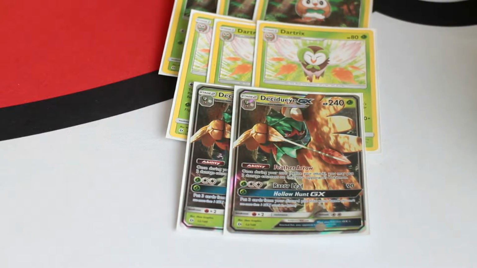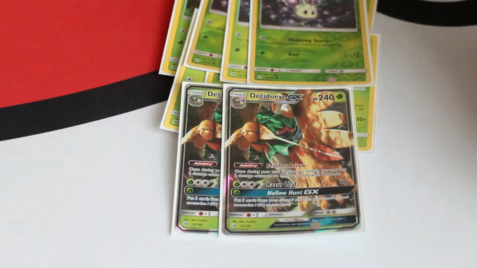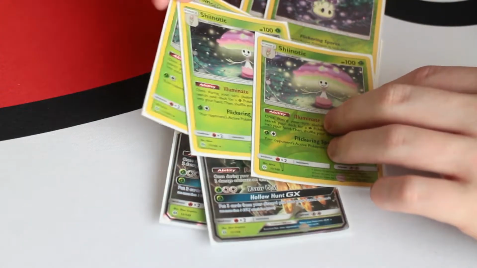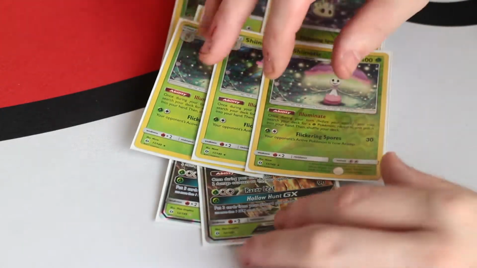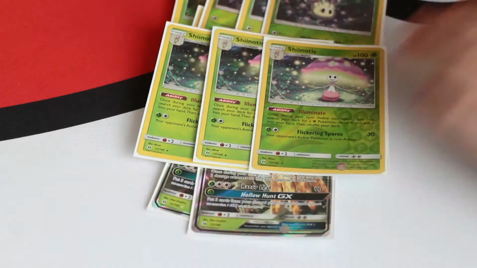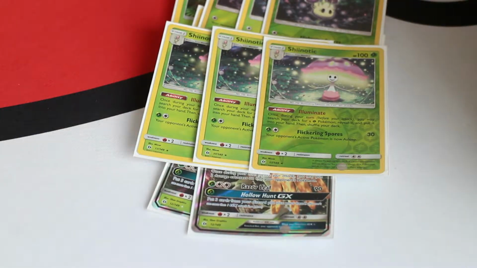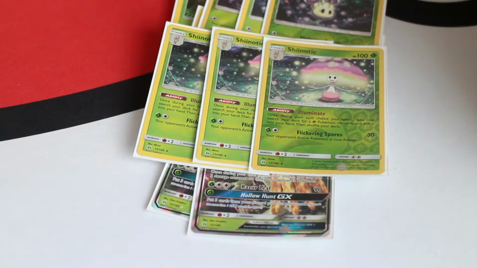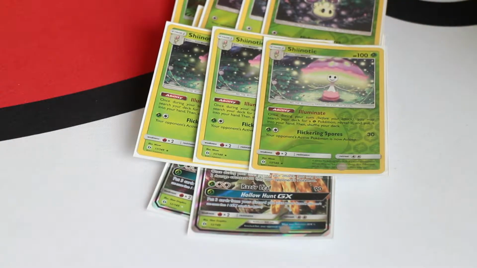To get all of this stuff rolling, we have a 3-3 line of Molol and then Shinotic. Shinotic's basically there for its ability, which is Illuminate, and once during your turn you can search your deck for a grass Pokemon and put it into your hand. Obviously that means if you've got all 3 Shinotics set up on the bench, you can get to